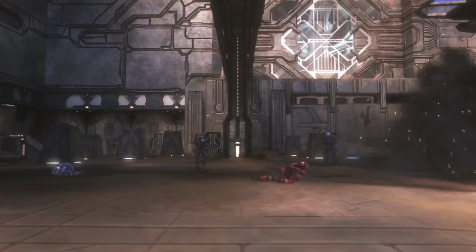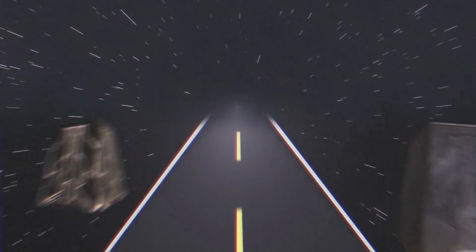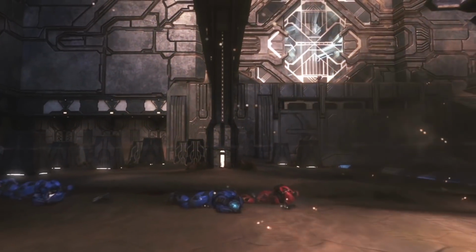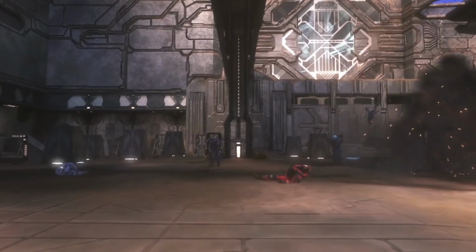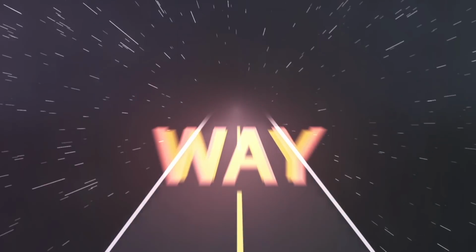Anyway, this transition right here, I'm pretty happy with it. If I were to go back right now and change it, I definitely would. I would change a lot of things about it. I would change where the road ends, stuff like that. But pretty much how I did this was with the main angle, I zoomed in and scaled it vertically and not as much horizontally. So the pillar right here kind of forms into the road. Then we've got some of the pillars just showing up. I don't know why I did that either.